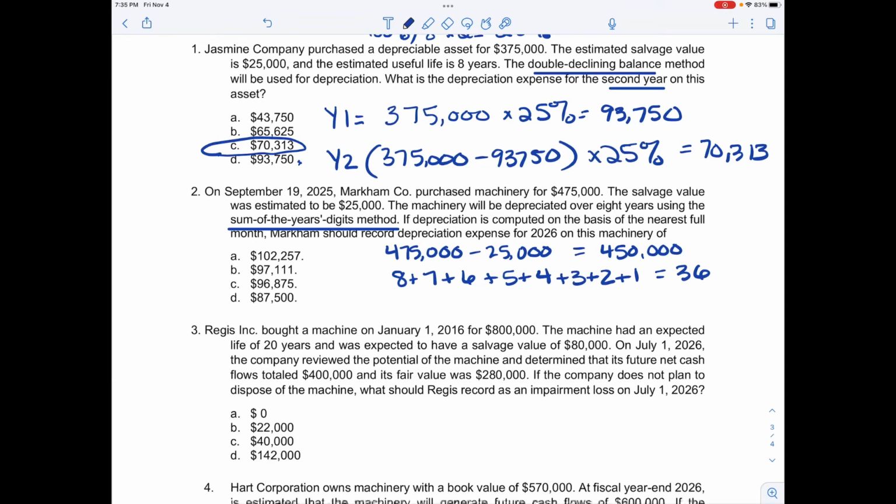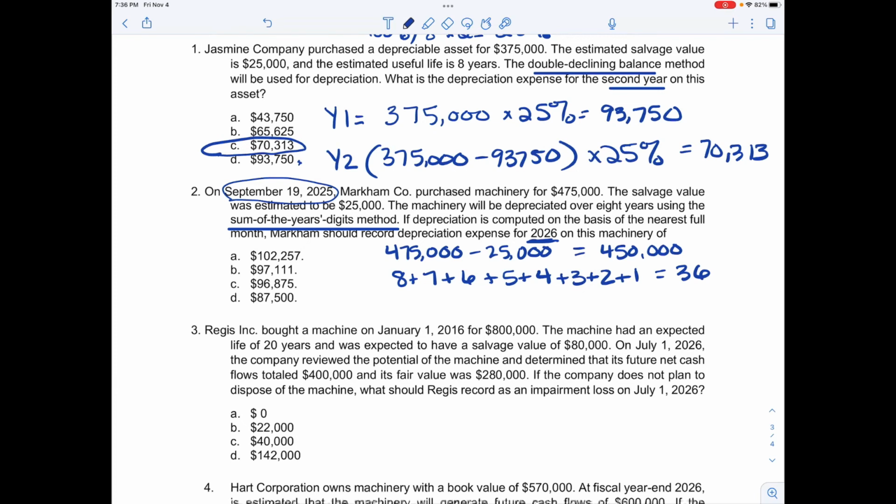So remember to double check dates. This was bought in September of 2025. They do want the depreciation for 2026, but now we have to kind of manipulate the numbers a little bit to account for that. Because remember, now in 2026, we're looking at having to start with this. Is it 8 years? Oh yeah, 8 years. I'm losing my mind here. Too many numbers. So we're looking at 8 years, but